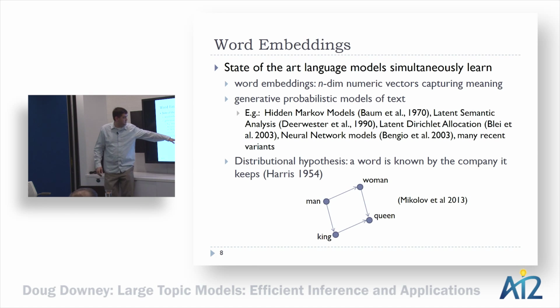One of the nice things about these models is that the word embeddings themselves carry some information. Words that are similar tend to be in similar points in this high-dimensional space. That's because words that appear in similar contexts tend to be in the same place in high-dimensional space, and meaning is related to context, via the distributional hypothesis.